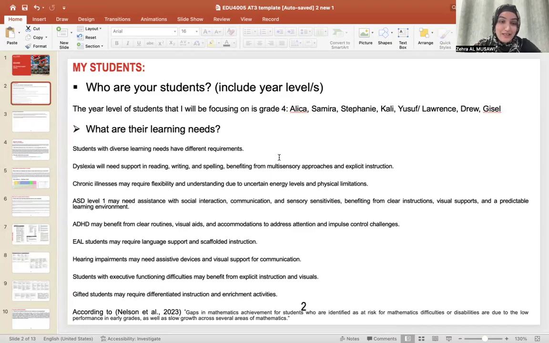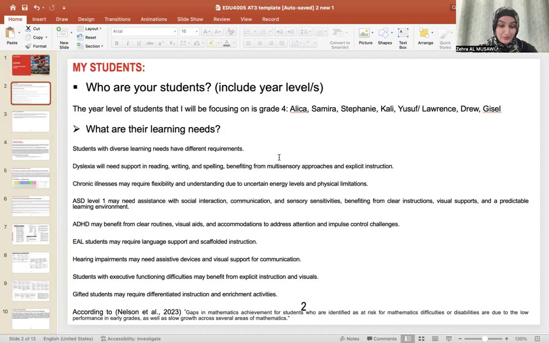What are their learning needs? Students with diverse learning needs have different requirements. My students have a range of conditions and disabilities: dyslexia, chronic illnesses, ASD level 1, ADHD, EAL students, hearing impairment, students with executive functioning difficulties, and gifted